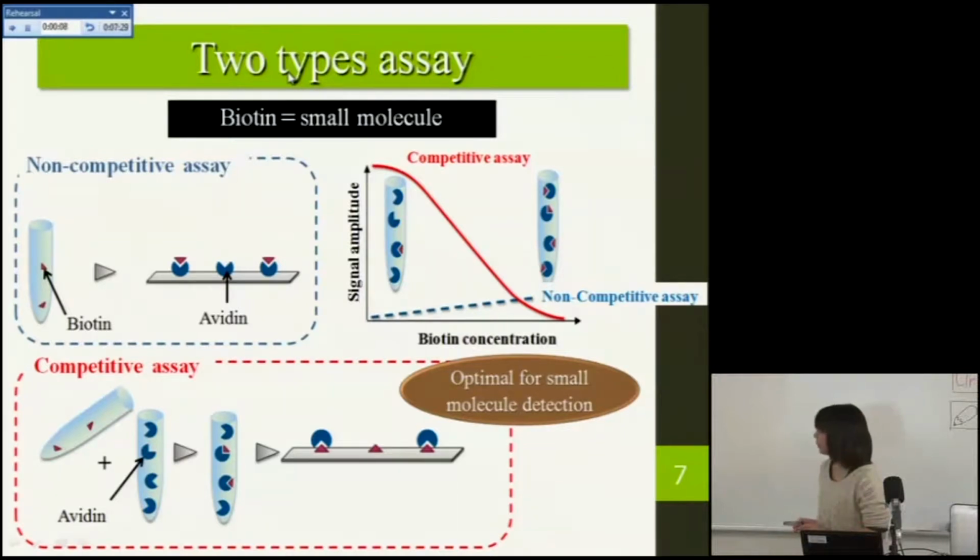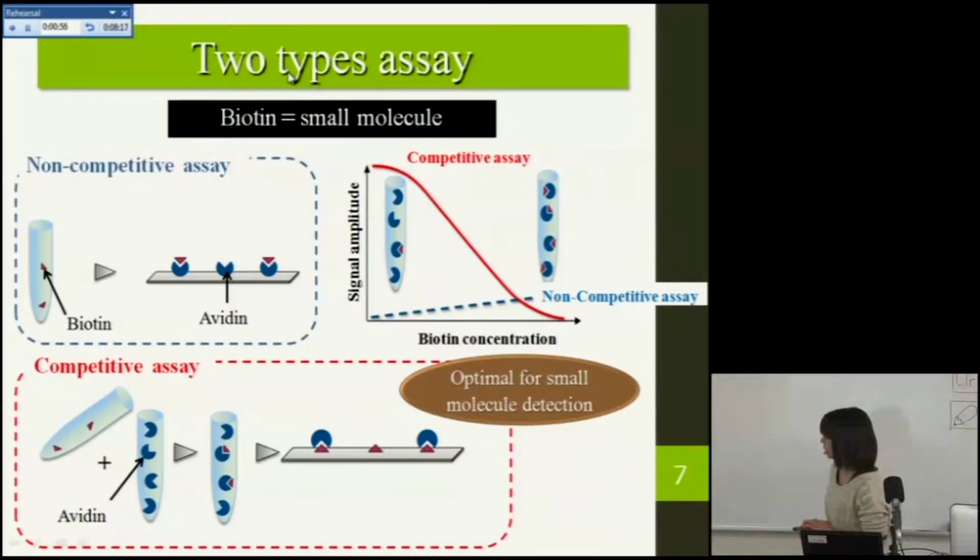The first is non-competitive assay. In this assay, we add the biotin solution to the avidin fixed substrate. The signal amplitude increases as the biotin concentration increases. But biotin is a small molecule, so the change is small. On the other hand,